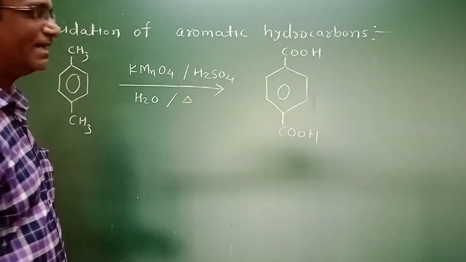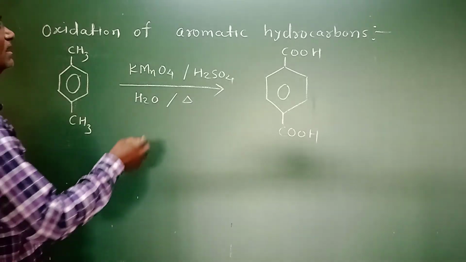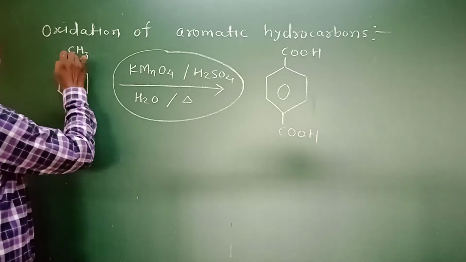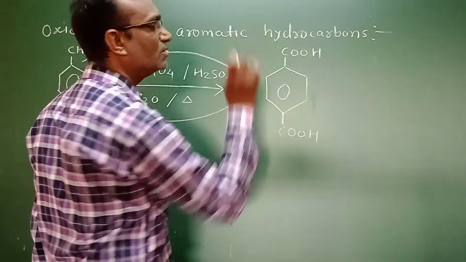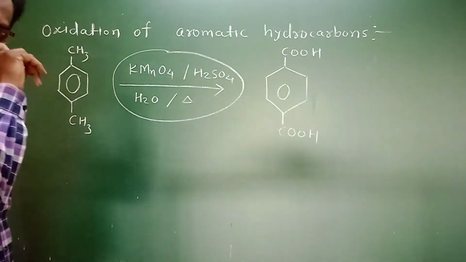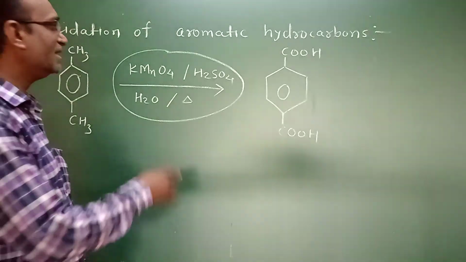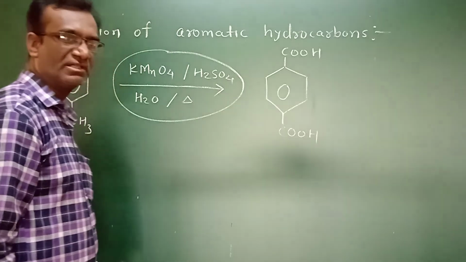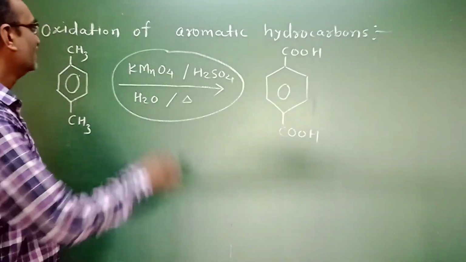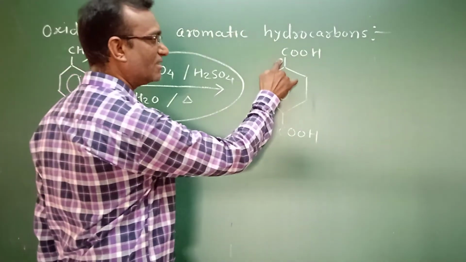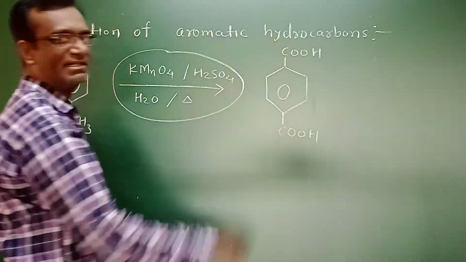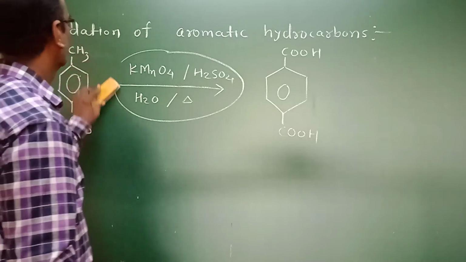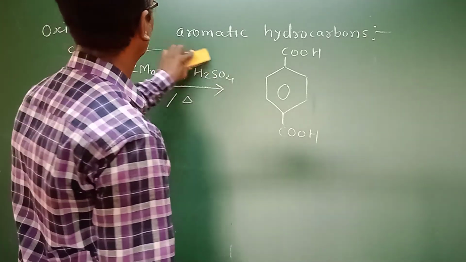And always remember that if we use this condition, mostly these substituent groups get converted into either CHO or COOH. Sometimes they firstly get converted into CHO, then converted into COOH. In some reactions, this group may be converted into CHO and the reaction stops at that condition before converting into COOH. Now let us see another example also.